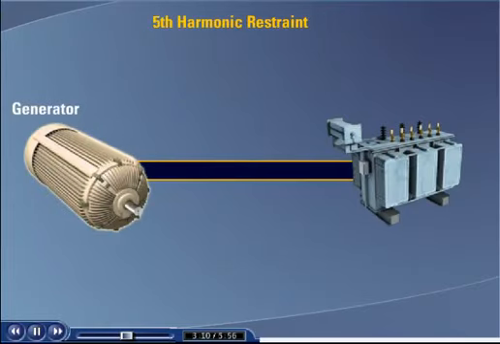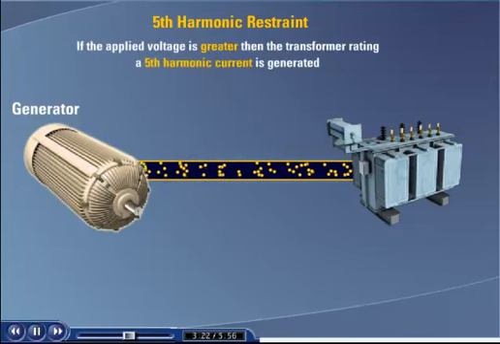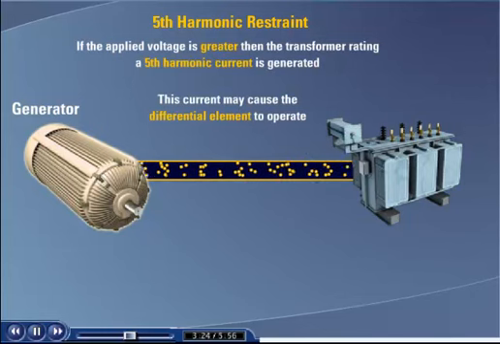Fifth harmonic current. Transformers that are connected directly to a generator that is brought into or removed from service or the failure of an upstream tap changer may result in an overvoltage condition. If the applied voltage rises above the rating of the transformer, known as overexcitation, a fifth harmonic current is generated. Depending on the amount of overexcitation, this fifth harmonic current could rise to a level that could cause the main